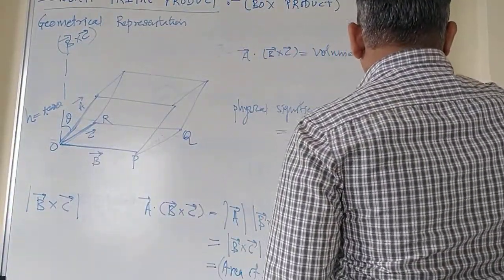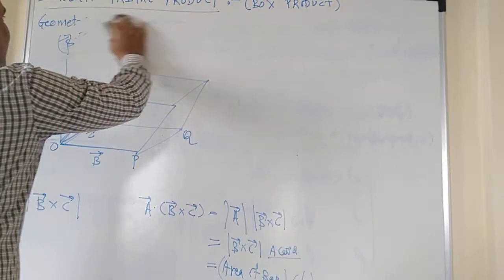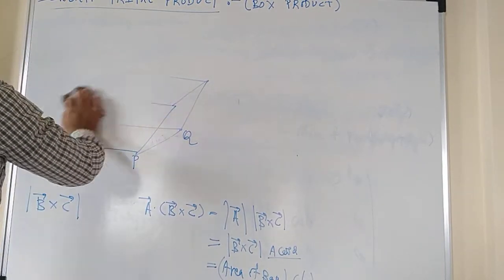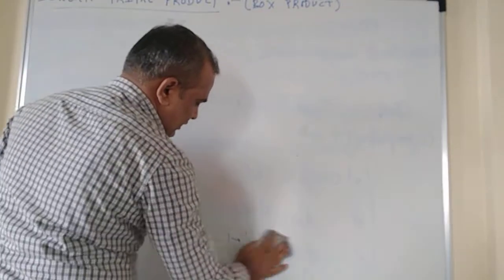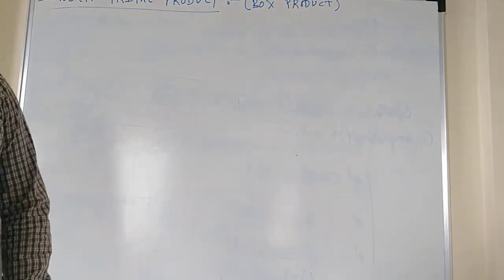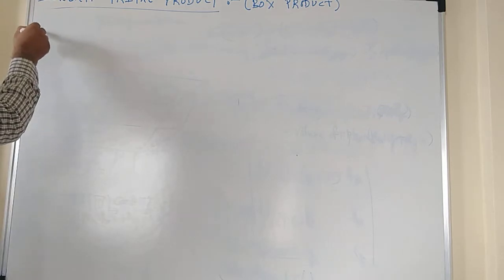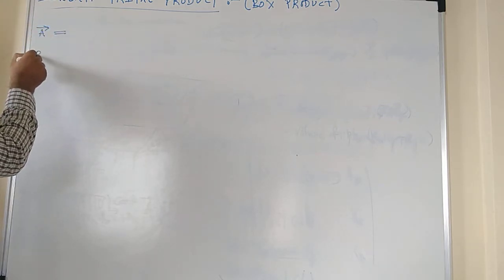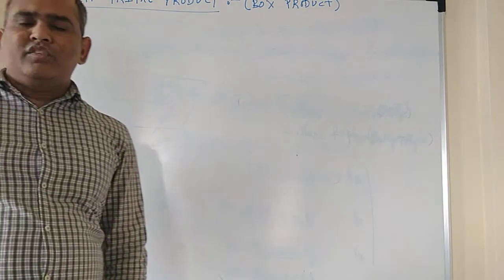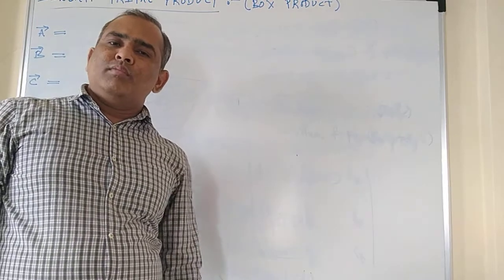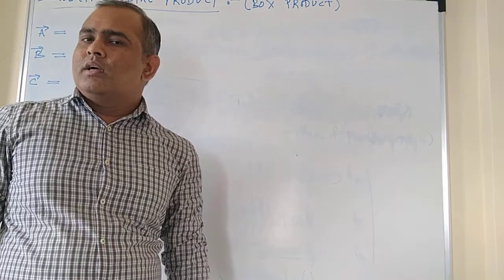Now let us solve some problems based on this scalar triple product so that you can understand this topic quite easily. So let's go for the first problem based on the scalar triple product, and next time we'll go for vector triple product. Determine the volume of the parallelepiped defined by the vectors. The three vectors are given to you: A bar, B bar, and C bar, and you are asked to calculate the volume. And how to calculate the volume, that we have already studied. If you take the scalar triple product of the three vectors, that will give you the volume of the parallelepiped.